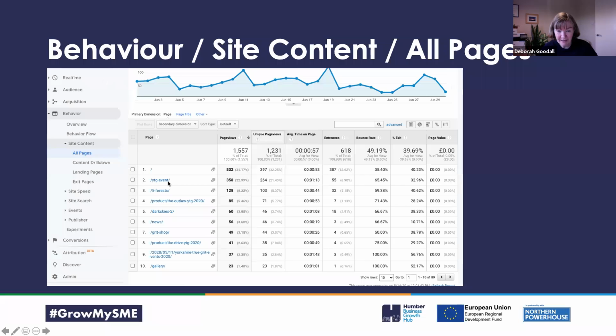Different events, different pages, and so you can go through and see how many people land on those. It might be that you link through from something on your social media, or directly from a newsletter, or from some editorial might be dropping people in. So the bounce rate on this one is higher, and the bounce rate on that one's really high because there were no entries left. Same with that one. So you can see what's happening on your website.